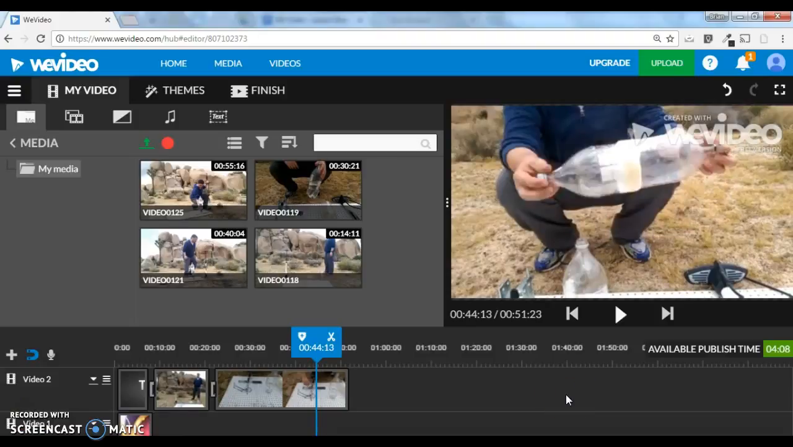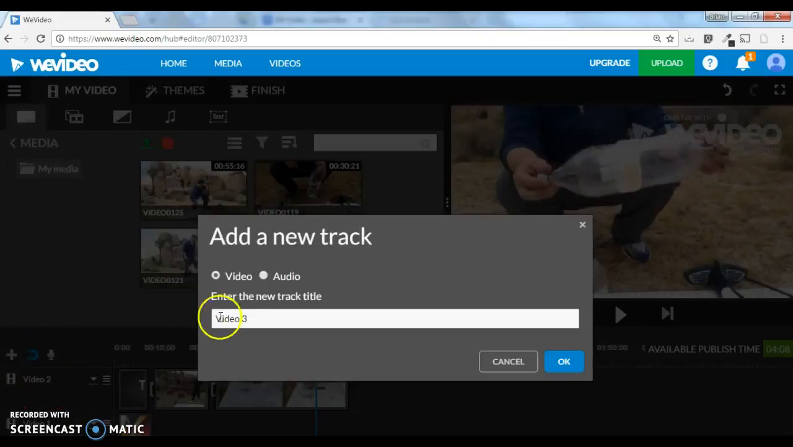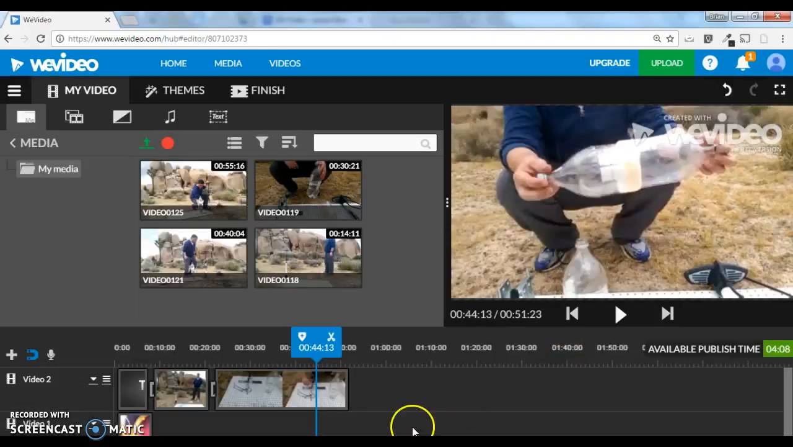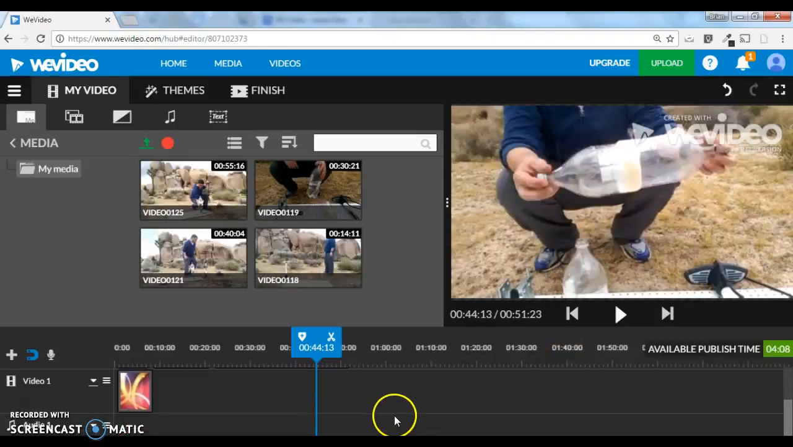So another thing you might want to do is add some background audio to your project. But to start off, I have to actually add a new track to my editor, since right now I only have these video 1 and video 2 tracks. I don't have any audio yet. So I'm going to click on the plus icon right here, and it's going to give you the option to add a video or an audio track. We want an audio in this case. Then I'm going to click OK,